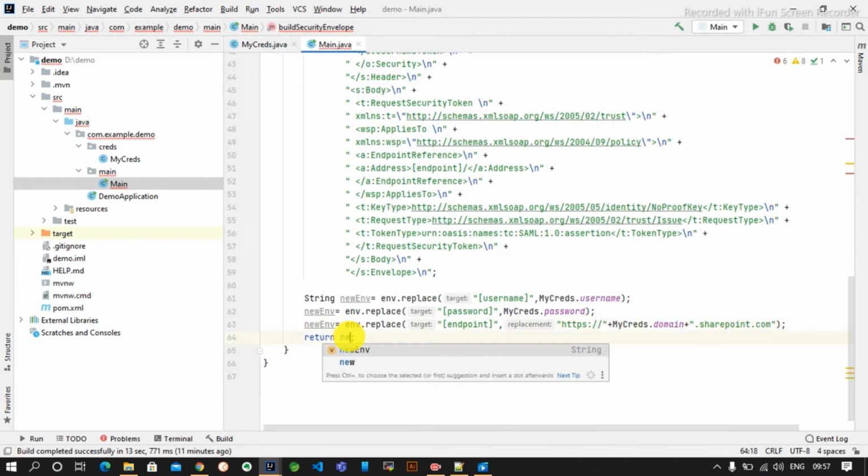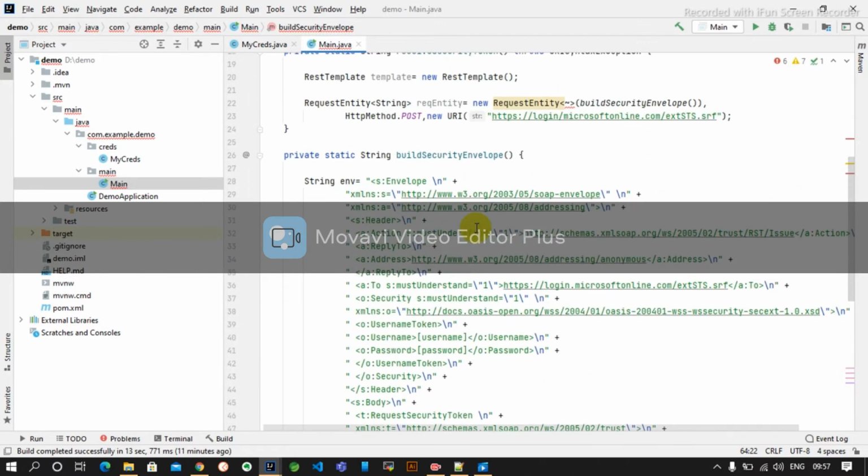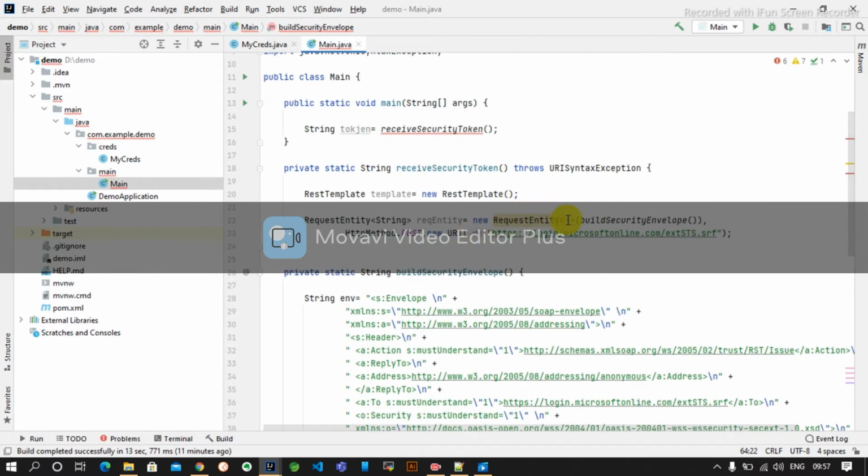requirement. Now since we have modified the environment, we will use this new environment to pass to the method that we have created. Okay.